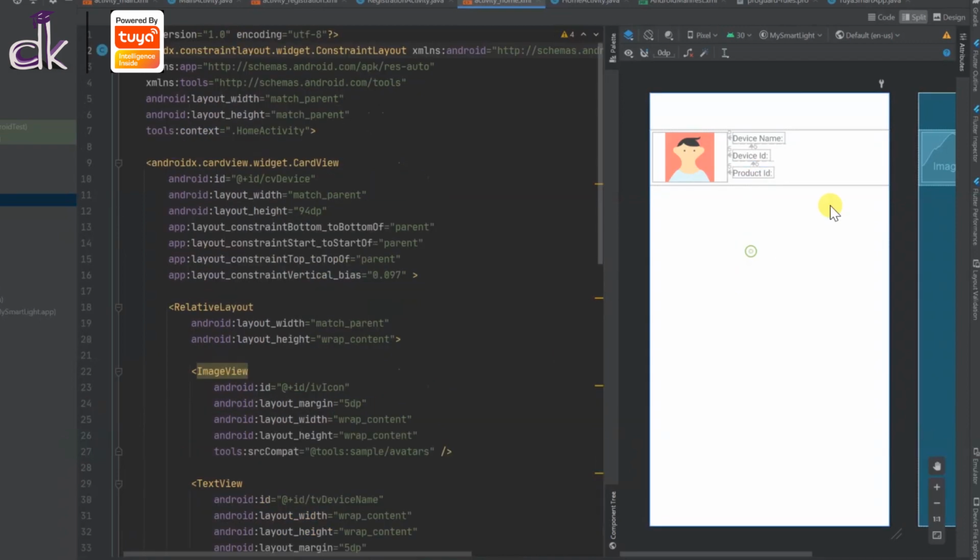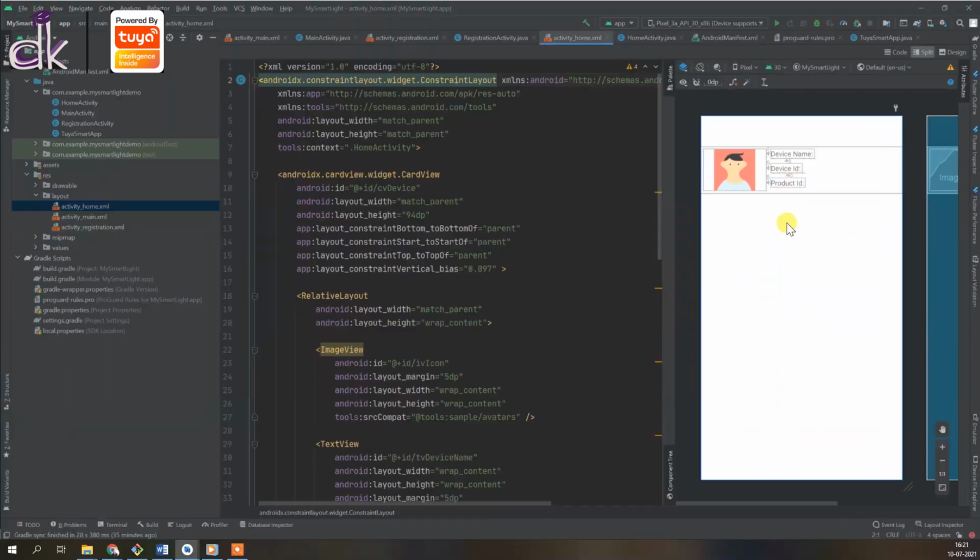Alright, so as you can see here, we have three different device related information that you can mention. And next you will need a button to search the devices, right? So whenever the device is discoverable, we need something so that you click on that and the device is added here. So we'll do that.